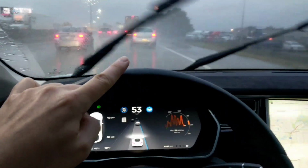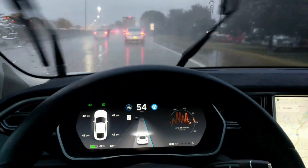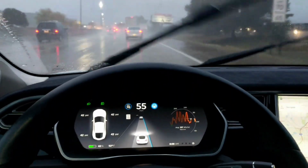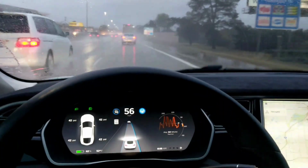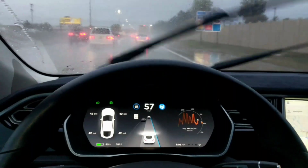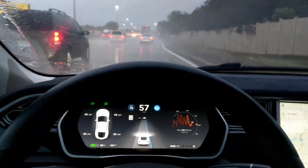Which, by the way, Autopilot has no way to adapt for cars that want to come in. The incoming car has to commit, and then the Autopilot will avoid it. But anyway, that's something for future updates. But this is definitely a limitation of visually based, as well as LiDAR based